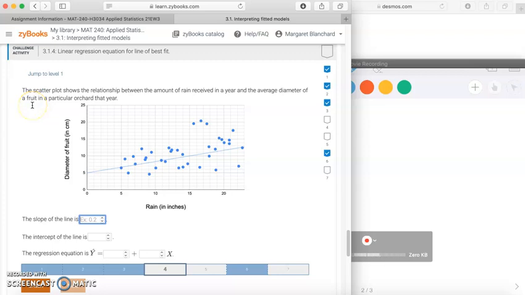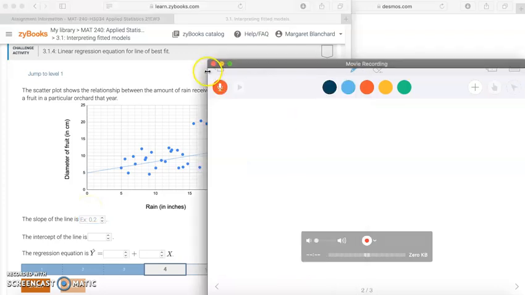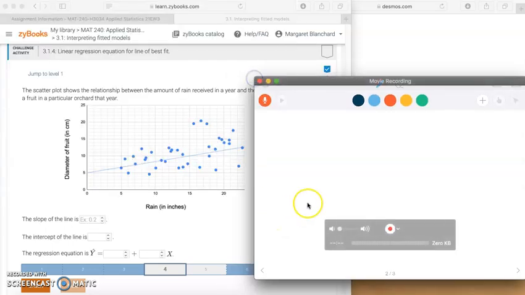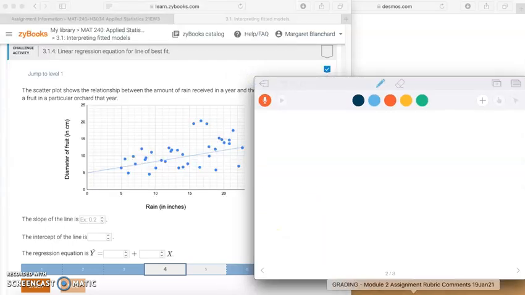A scatter plot shows the relationship between the amount of rain received in a year and the average diameter of a fruit in a particular orchard that year. So here again we have rain and then diameter of the fruit, and we do see, like we saw earlier, that as the X increases, the Y increases. So here we're looking for the slope. Remember, slope, let's make this a little smaller. We have slope equals